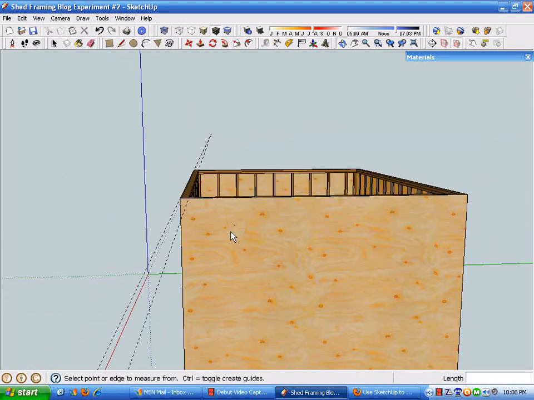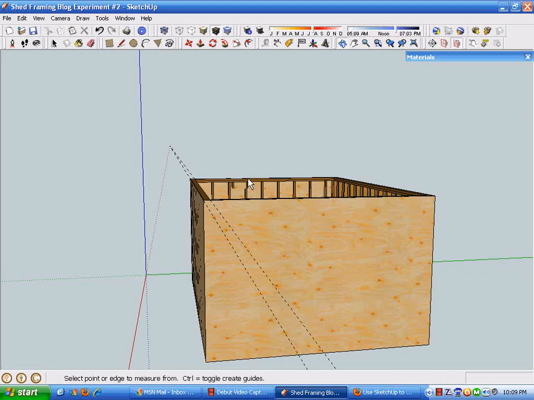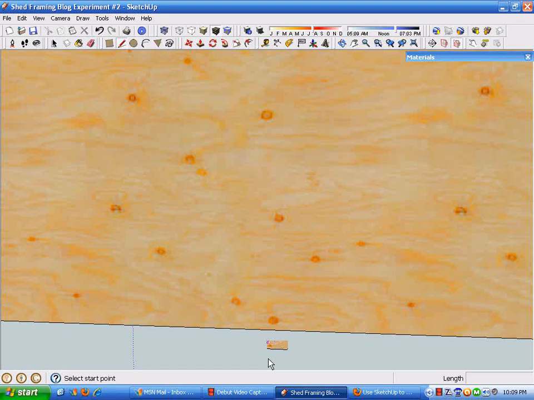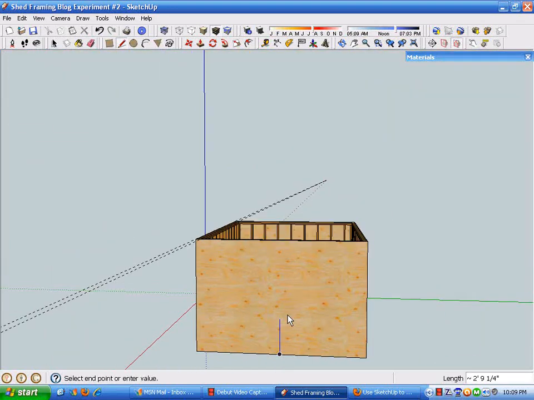And now I want to create a plane that I can draw on, and I want to draw a line from the middle of this plywood wall, which will be the center of our shed. You can see there it clicks purple circle and it says midpoint and component, so I know that I'm on the midpoint. I'm just going to draw a line up here, arbitrary,